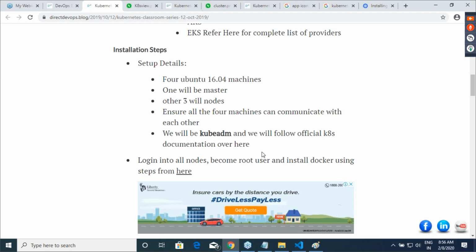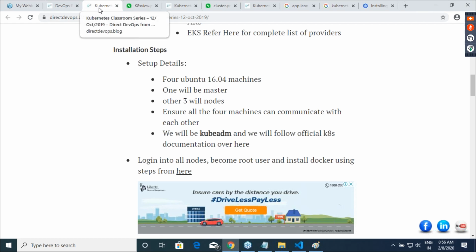Because about 90 days back, we tried with Ubuntu 16. Now let us try with Ubuntu 18. If it fails, let it fail. We'll try to find out why it is failing. Clear on this? The only difference I'm making in the classroom is that I'll add some more nodes also. I'll make it 4 eventually. But to start with, I'll start with 2 nodes, one master and one node. Let us do that installation correctly, and then we'll add nodes. After that, we'll be adding some more nodes depending on what we have done.